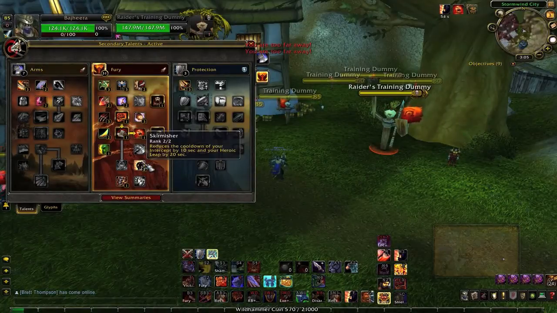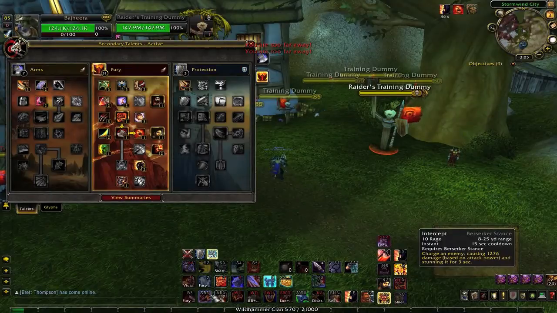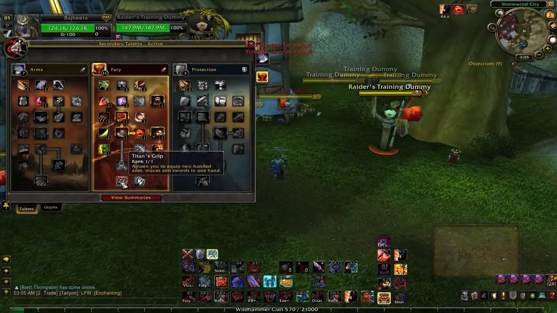Skirmisher, awesome. Intercept cooldown reduced by 10 seconds, and Heroic Leap reduced by 20 seconds. So that's a 40-second cooldown on that baby. 15-second cooldown on this. Sweet. Titan's Grip, I go with Titan's Grip. Single-Minded Fury might be good eventually, but I have a two-hander. I have a couple of two-handers from PvP and PvE, and I wanted to use those instead of blue